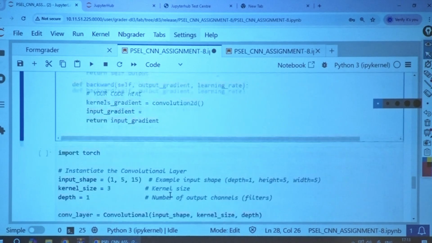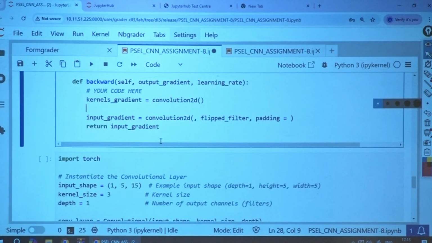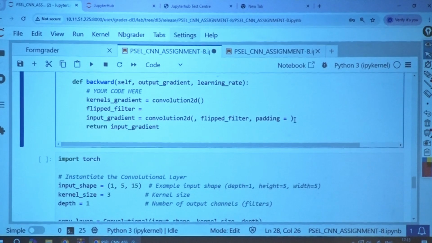Okay, how to do it? I am giving an overview: convolution 2D between the flipped filter and the input, comma, flipped filter, one internal variable you are supposed to calculate, comma, and define the padding. So before this, first of all calculate the flipped filter. How to get the flipped filter?